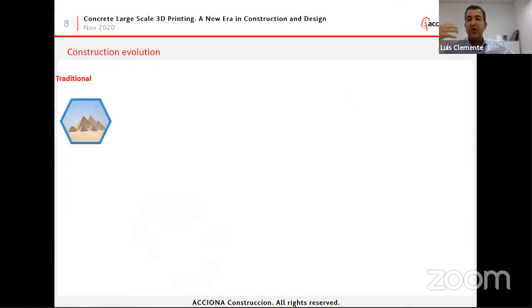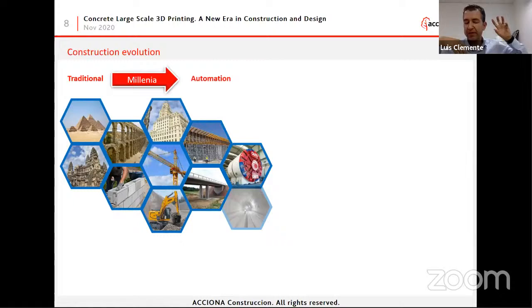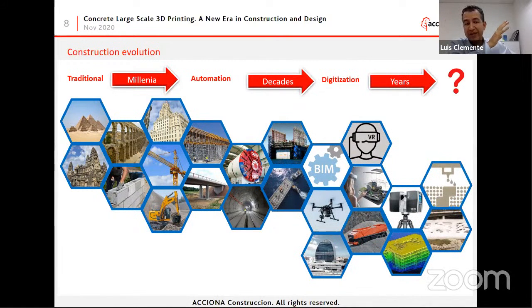So if we talk about construction, it has been evolving. From a revolution that is 3D printing, now let's talk about the evolution of the construction. It took millennia to go from the traditional like pyramids or temples so many years ago to reach certain level of automation and more industrial ways of building. And from that point, only a few decades to reach a digitization era where BIM,